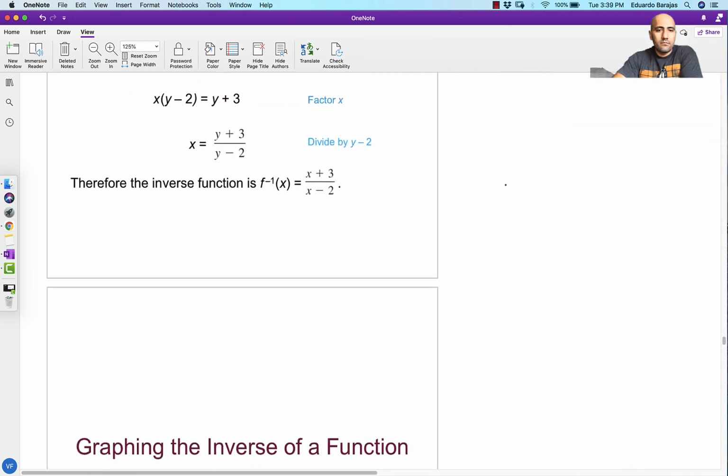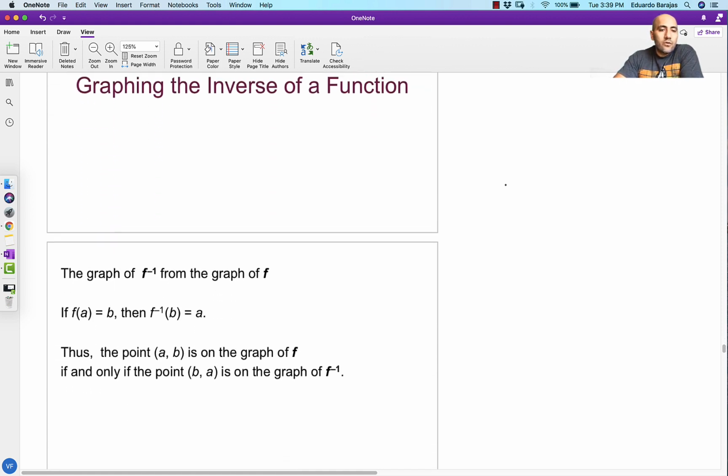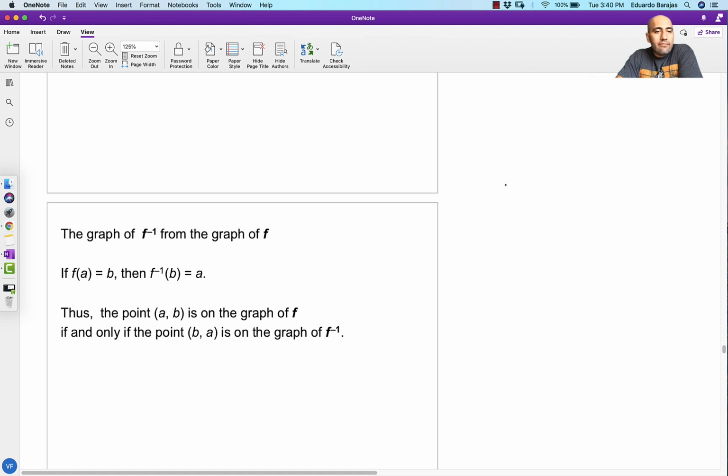Okay, so now graphing the inverse of a function. So the graph of f inverse from the graph of f. So if f of a equals b, then f inverse of b equals a, right? That's the definition. So again, with our jelly bean